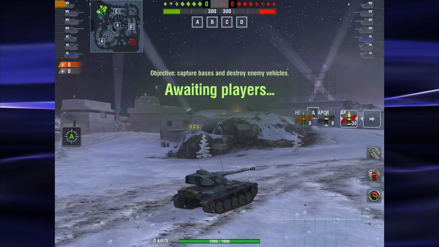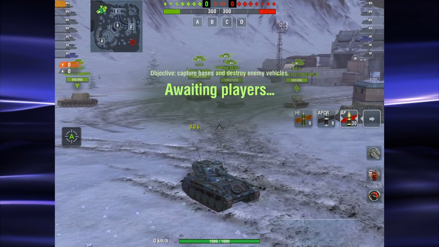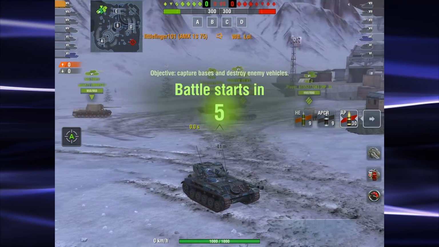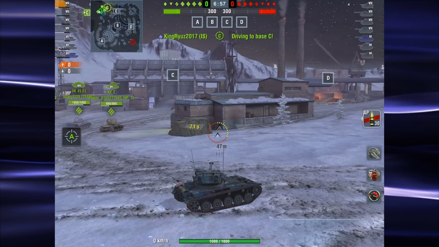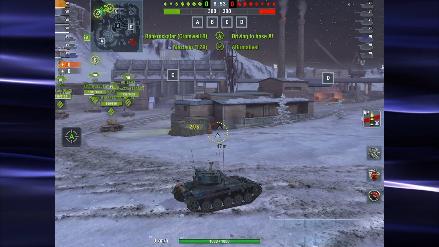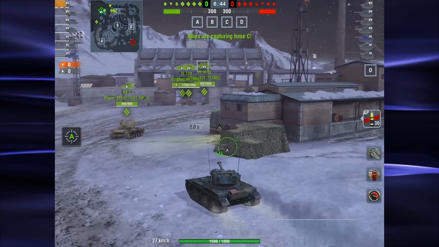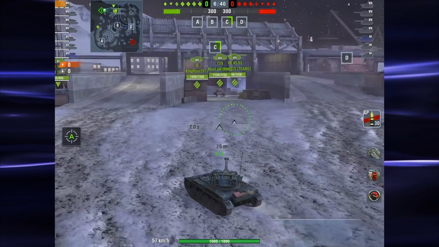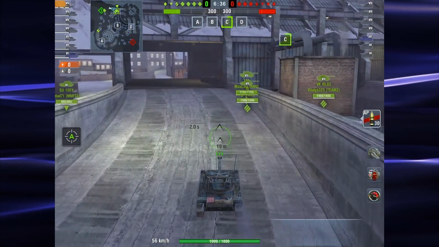All right, guys, here is Faust, the new map as of 5.2. And anyway, my initial reaction was, yeah, so they redid Vineyards because it was too dark, and this one looks pretty dark to me, but it is cool. Let me just say that you have got multi-levels just about everywhere across this map. You can see our team has gone down low to the C cap,